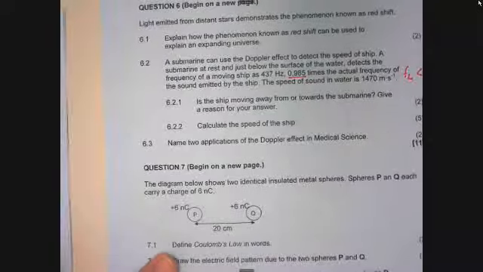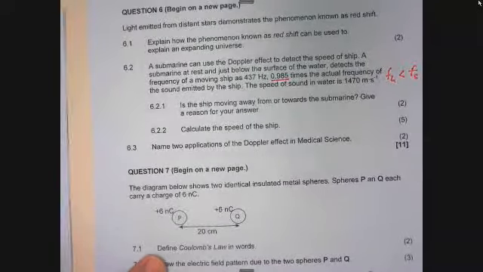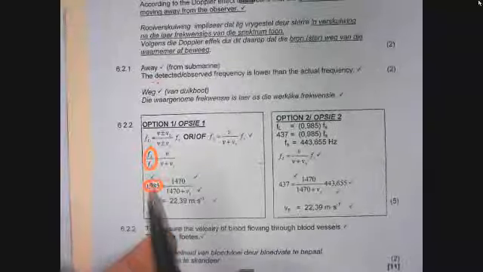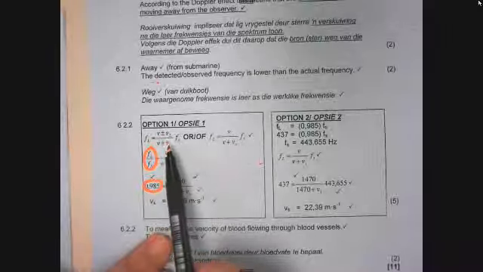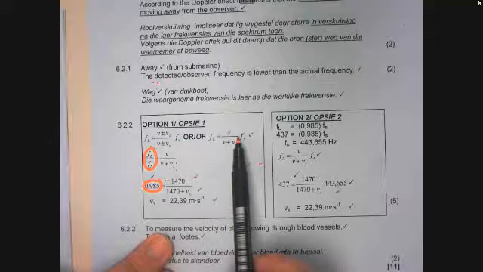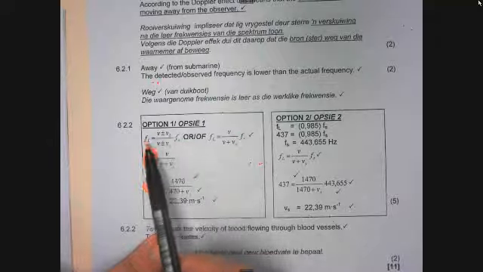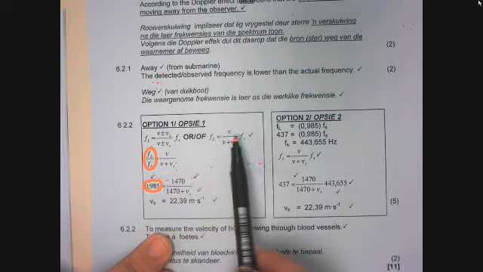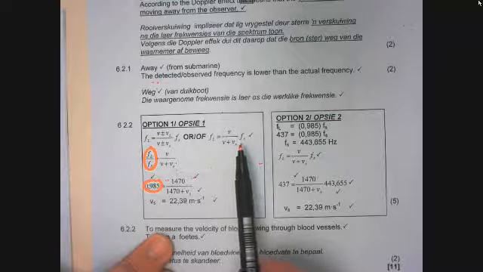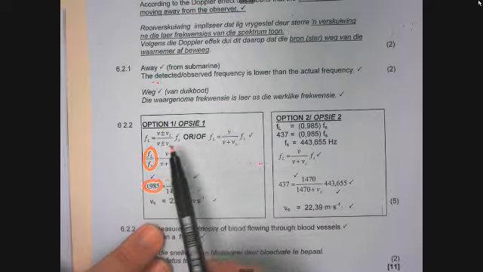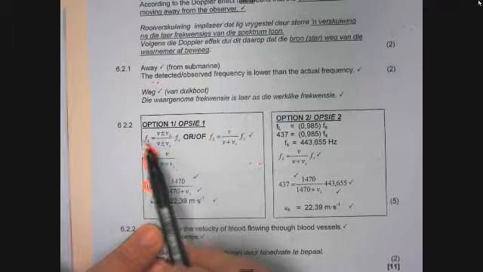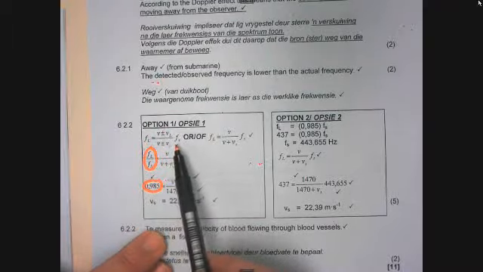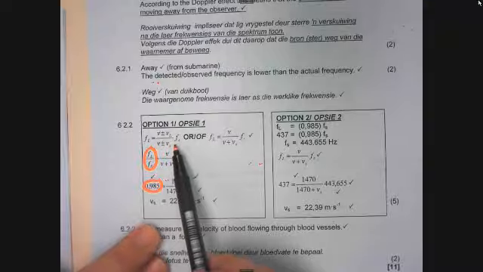Then the Doppler calculation. Calculate the speed of the ship. Right, there's 2 options. The learner must first state a correct formula. These are the 2 formulas accepted. This is the preferred one as indicated on the data sheet. But if the learner has started off with a derived formula, then this is the only accepted derived formula. So again, you must stress it to your learners that it is safe to start off with the initial formula indicated on the data sheet.